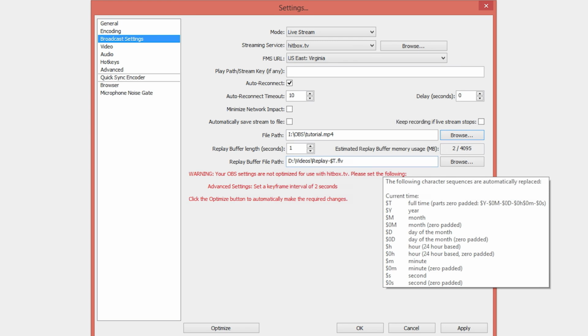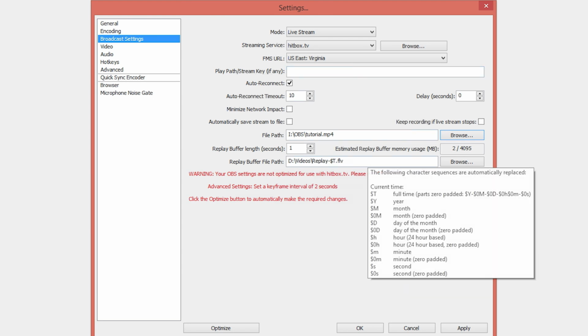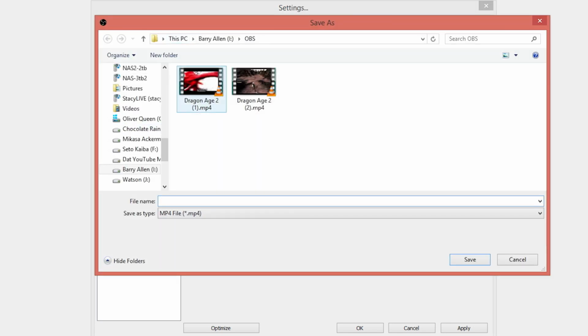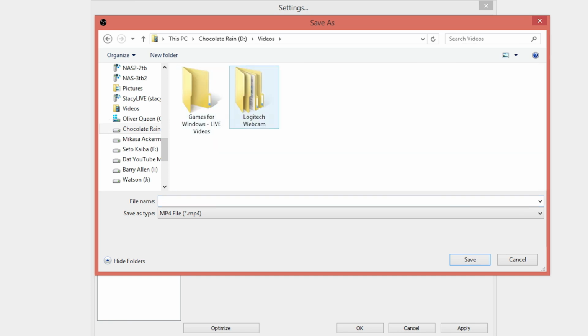I assume this is a functionality they're going to be best addressing in future updates. This is of course still very much a beta software. So to set that up, simply choose a different save location. By default, it's going to my D/videos folder. That's fine, basically wherever, and we'll name it